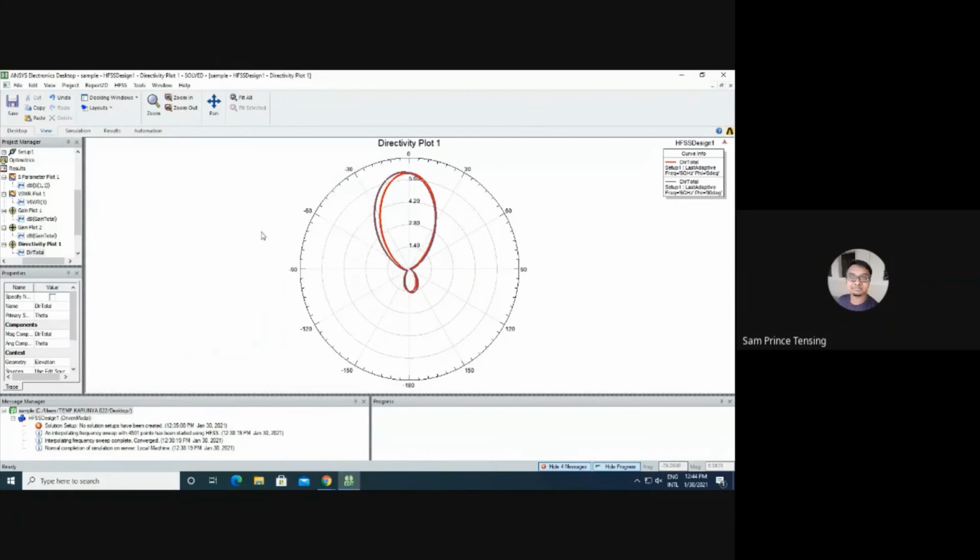Directivity, gain, and radiation pattern all look the same but have slightly different meanings. Directivity represents the direction of the beam, radiation pattern represents the coverage area, and gain represents the transmission rate.